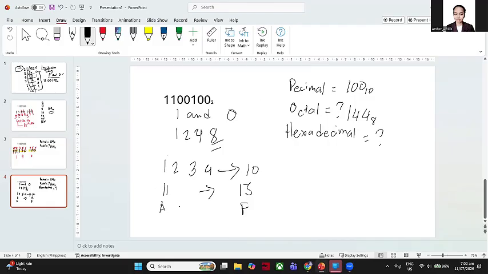Now in hexadecimal, we have letters A, B, C, D, E, F. So let's remember this: 11, 12, 13, 14, 15. And we don't include the 16 because it is the end number, or the boundary. Okay, boundary. So we have A, B, we have 10. Okay, 10.